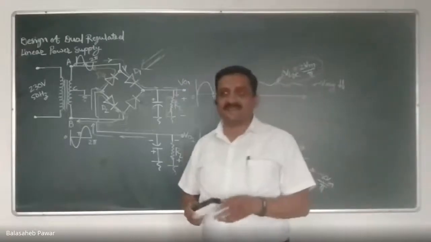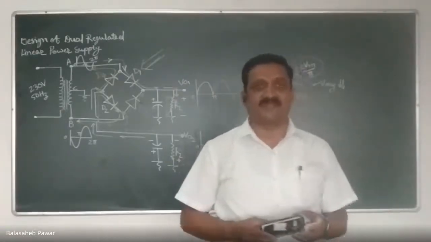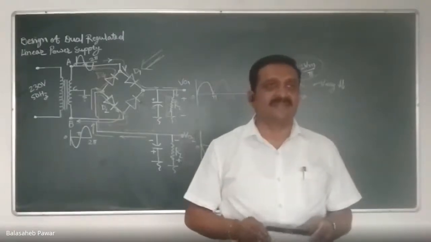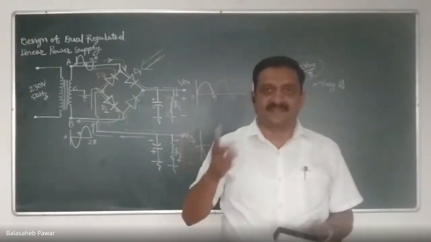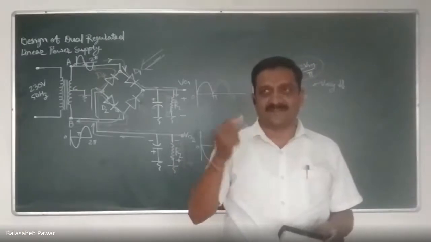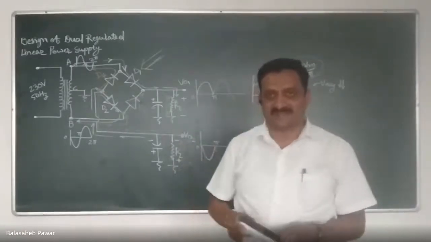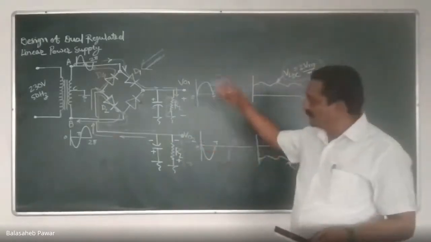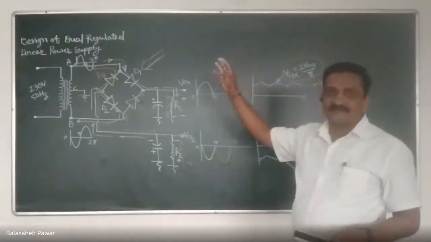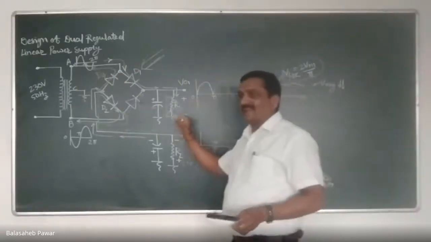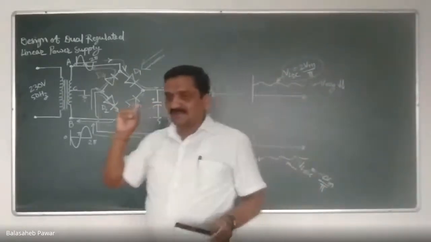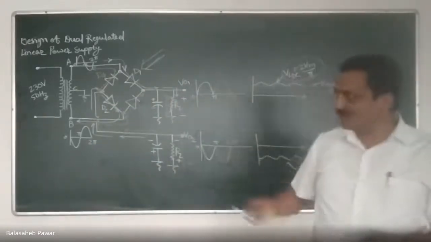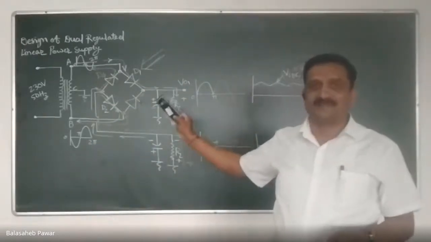In case of bridge rectifier, there is no need of center tap transformer. You might have observed it, right? And in case of bridge rectifier, one more thing, during each positive half cycle, 2 diodes are in conduction. But in this case, only one diode is in conduction. And we are taking that DC voltage separately from the lower half secondary and upper half secondary. So it is simply acting as a full wave rectifier using 2 diodes, right? It looks like a bridge, but this is not a bridge rectifier, remember.